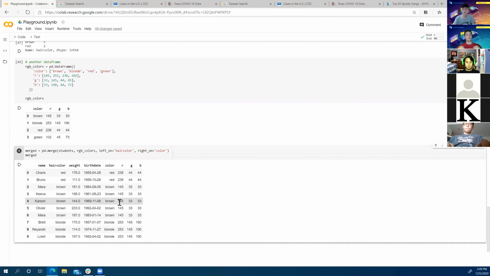The way that this works is when we tell it right on color and left on hair color, that says for every row in students, looking at the hair color, if there's a match between the hair color value and the color value in RGB, add that row in RGB and that row in the students data frame together. It does that on every match and only on every match. So this is what we would call an inner join.